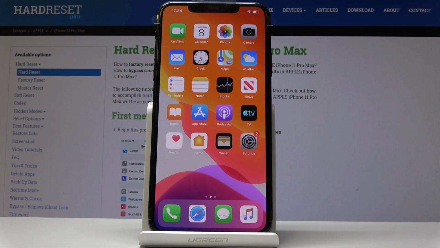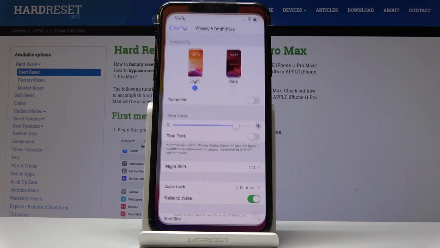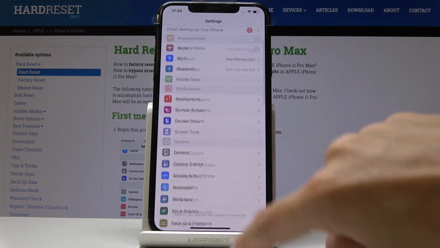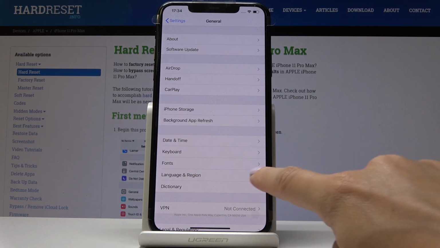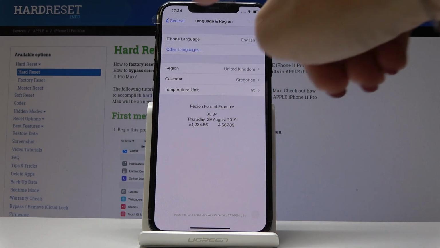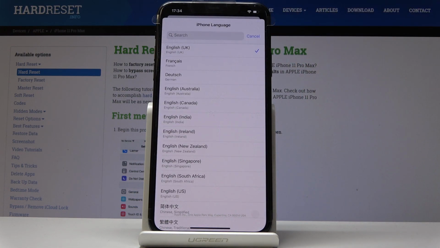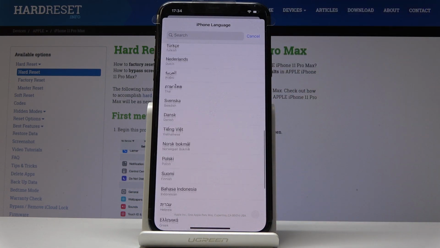Here I've got Apple iPhone 11 Pro Max, and let me show you how to change language on the following device. So at the very beginning, let's select the settings. Now from the list of all the settings, select General, and here you will notice Language and Region. Here select iPhone language, so the first tab, and come along with whole list of languages,